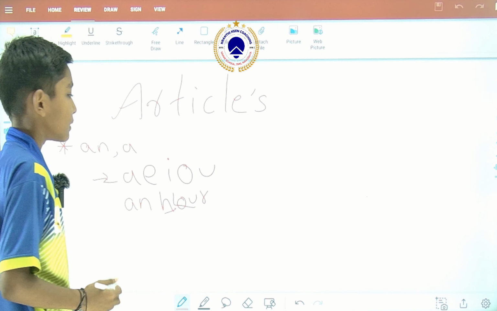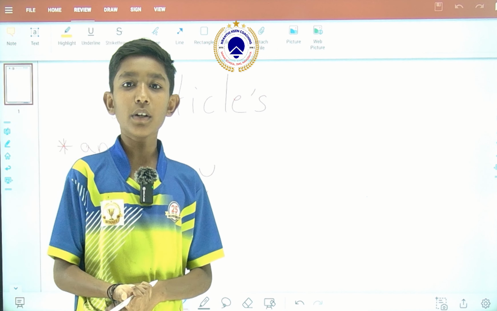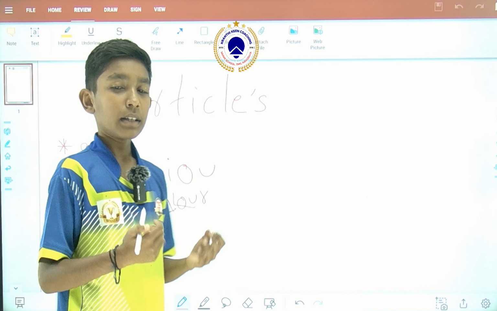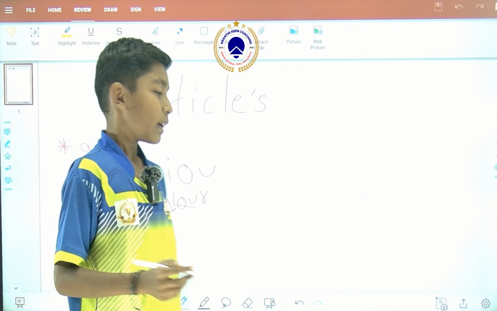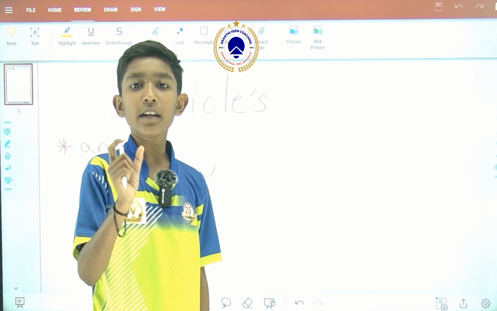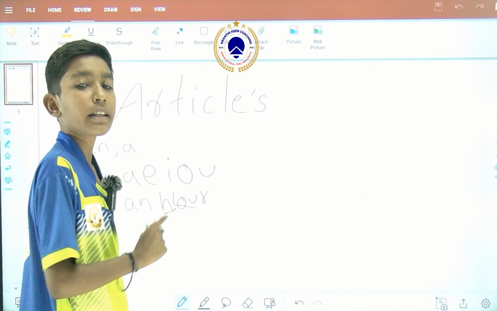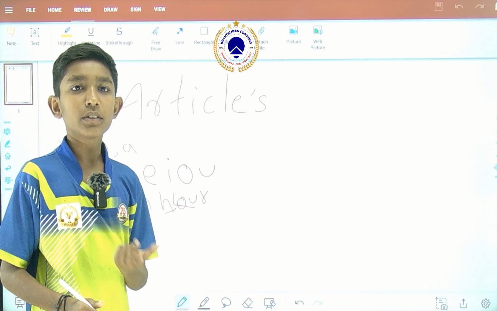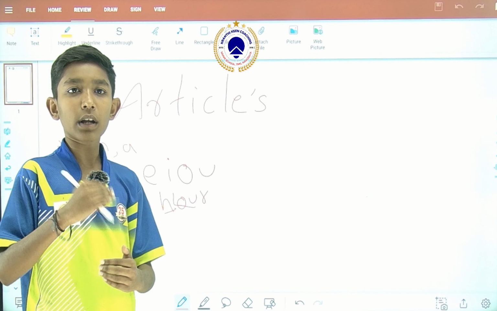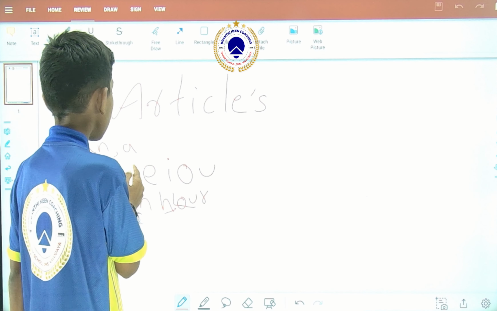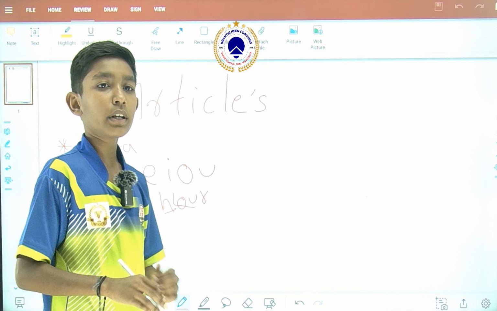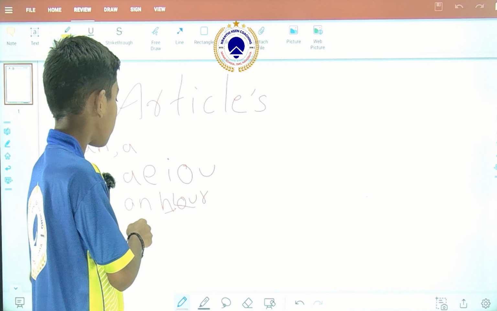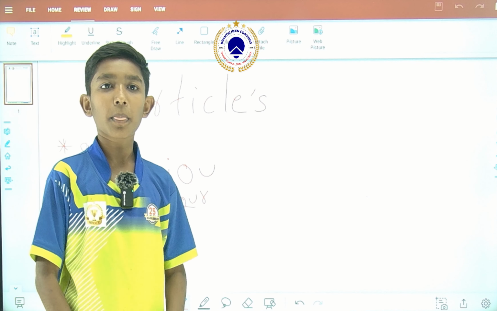And then article the is used before religion books and rivers or some place names. For example, the Bhagavad Gita is a holy book. Here, Bhagavad Gita is a holy book, so the article the will come. Article an is indefinite, so it can be placed before a noun. Article a is also indefinite, but article the is not. Article the we can pronounce before the noun.